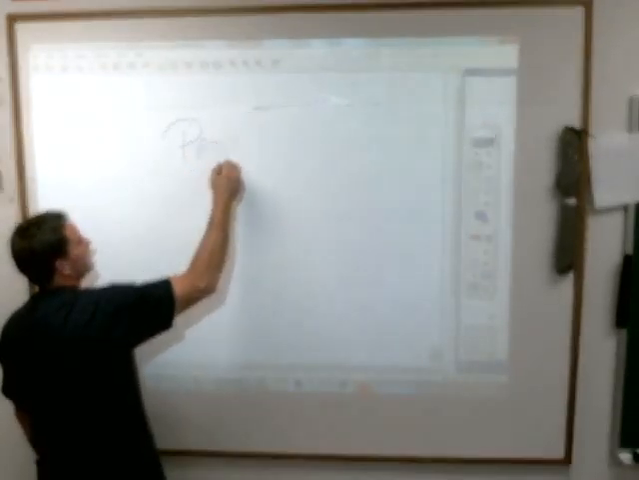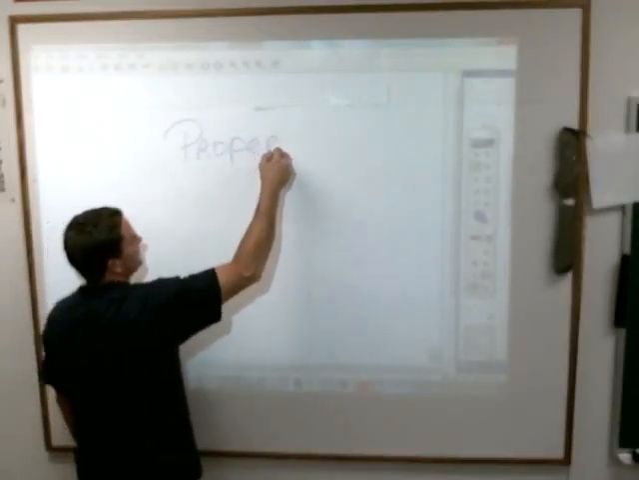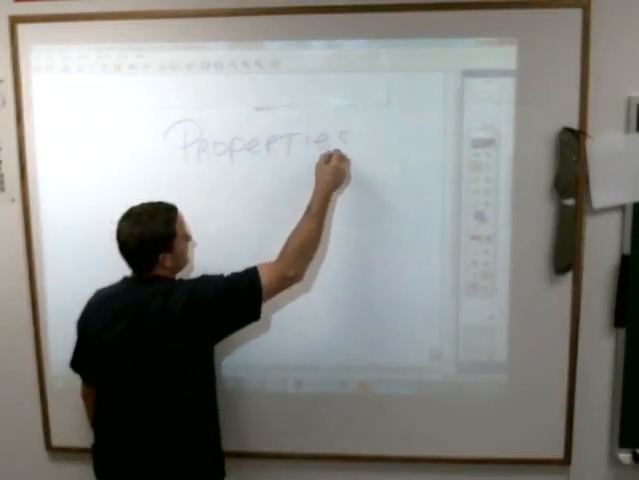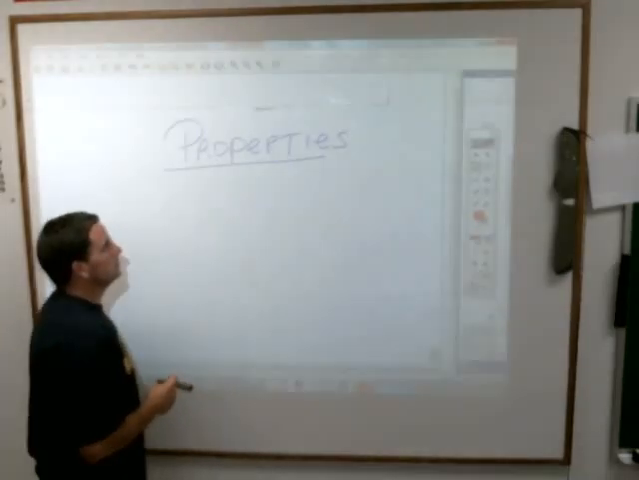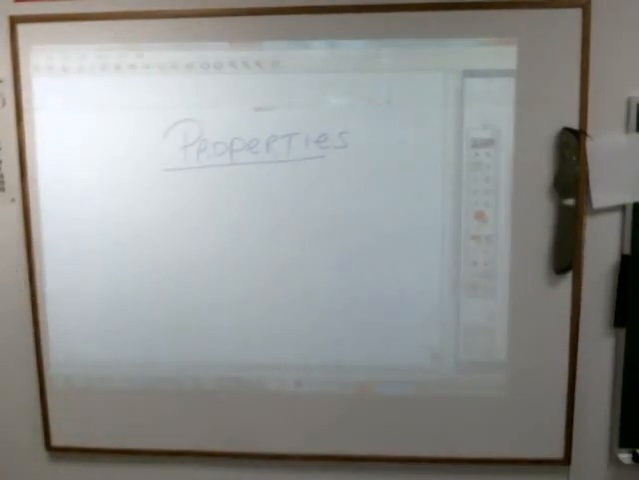In big, beautiful letters, write the word properties down. In math, you do a lot of things at different times, and you have absolutely no reason why it works. For example,